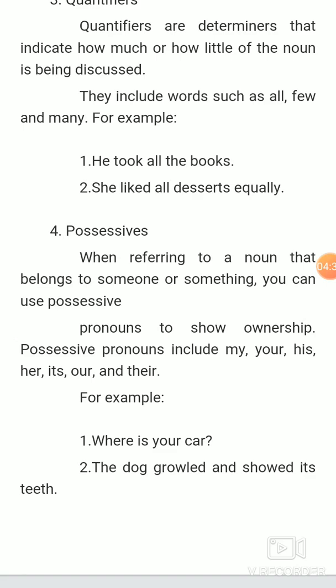I hope all the determiners would be clear to you. Now, I'll be showing you some worksheets which you will have to actually try to solve on your own. So please refer carefully to the given worksheets and try to solve these. And in the next session, when we meet, we will discuss the answers for that. So let me show you the worksheets.